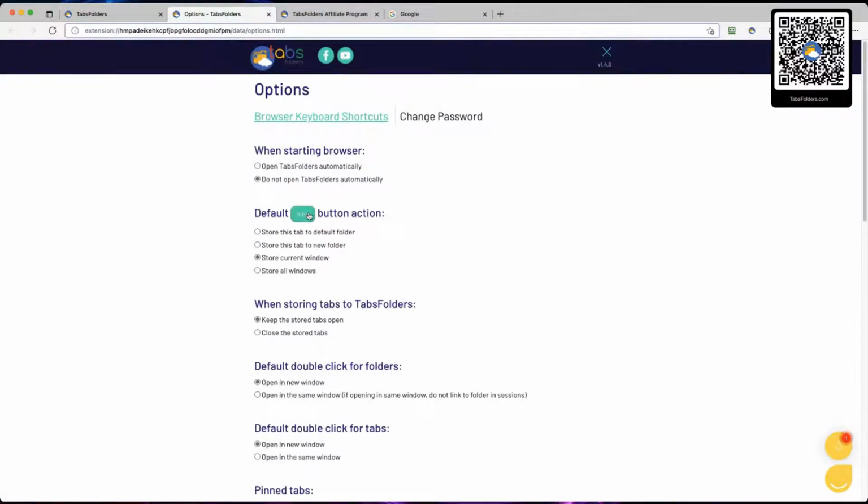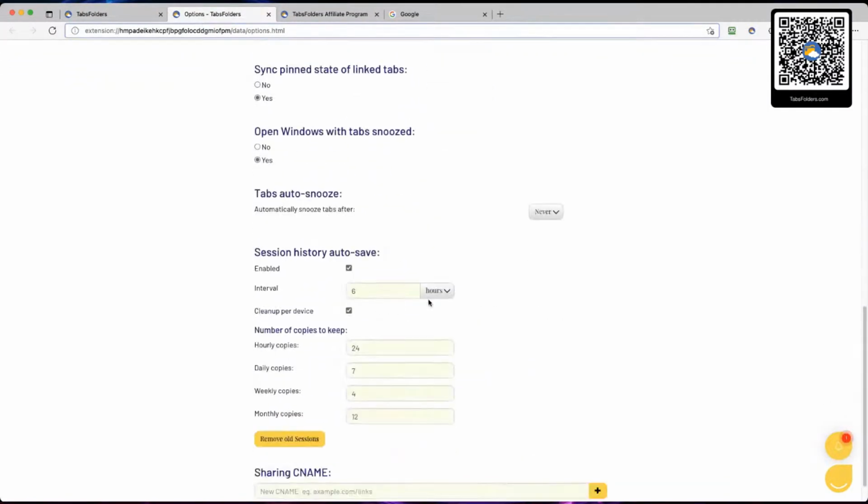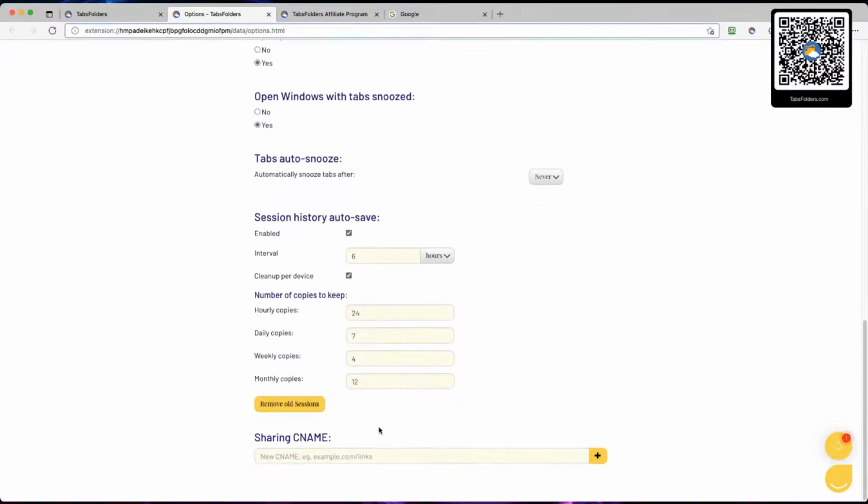how TabsFolders behaves with the save button, how often your sessions are saved, the number of sessions to keep, snoozing. This allows you to snooze tabs and save on browser resources. So you can set TabsFolders to snooze tabs after 20 seconds or 1 minute. And then if you have a lot of tabs open, they still don't use up your processing power and memory